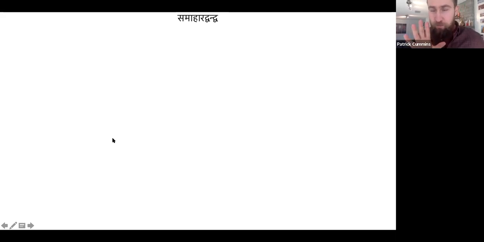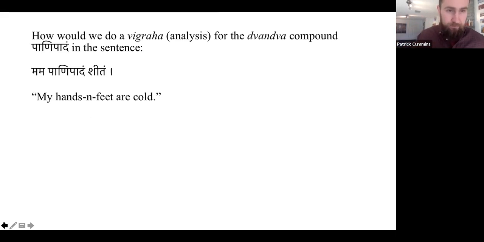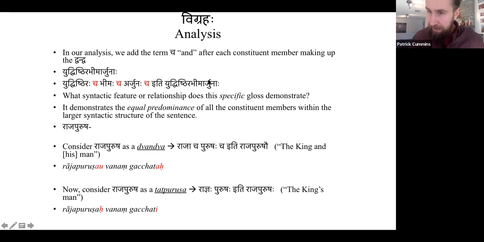But what I would say is that regardless of what it comes out as, when we restate the whole compound, everything before the iti, we put it as it would be in the factual state of affairs. So here, for example, there is one Yudhishthira, and so Yudhishthirah, not in the dual, not in the plural. And then we add a cha, one Bhima, add a cha, Bhima in the singular.